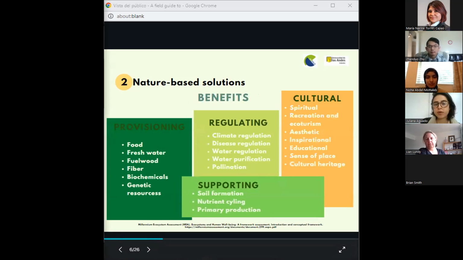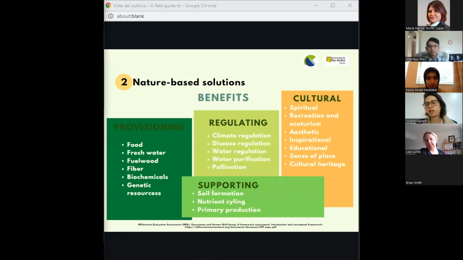There is also another important factor involved in the concept of nature-based solutions, that is the generation of benefits, which can be translated into ecosystem services. Ecosystem services are aspects of ecosystems utilized to produce human well-being. So here I bring the Millennium Ecosystem Assessment categories that define 4 types of ecosystem services: provision, regulation, cultural, and support services. Here we can see that water regulation and water purification are in the regulation category of services.